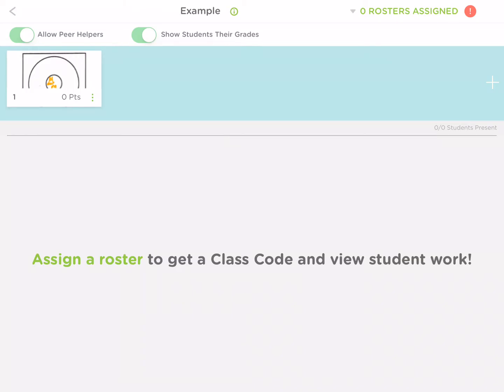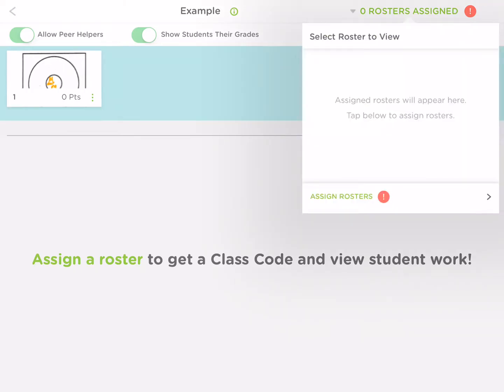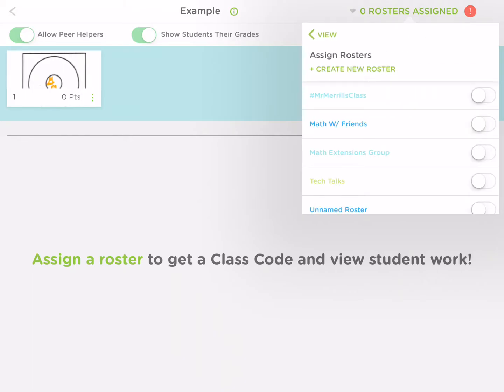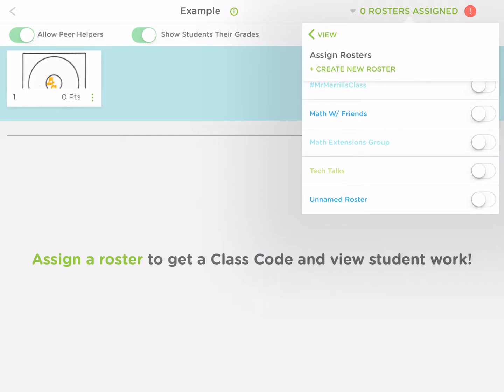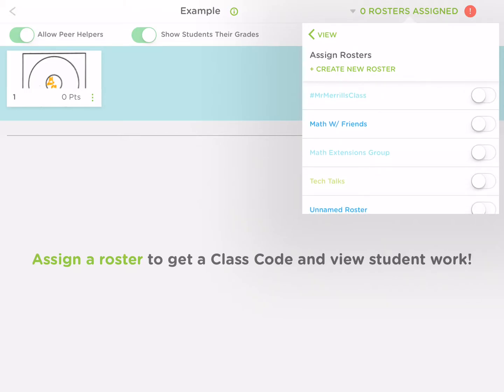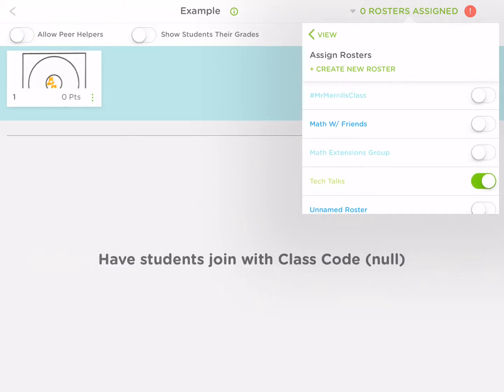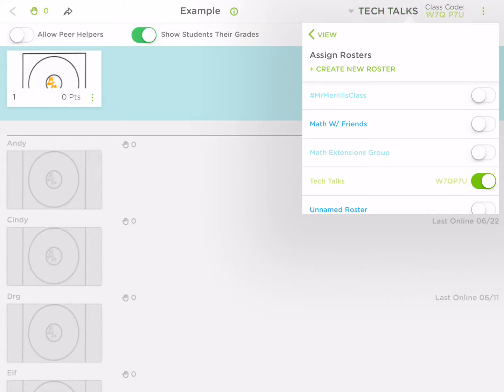So now to get this to a class roster, I need to assign a class roster to get the code up at the top left here. So when I click down here, you'll see that there's an option to assign a roster. I'm going to have to pick a roster that I can assign this to. So I'll just go ahead and pick this one right here, since I know that we're talking about some tech stuff. And you can see that a code is generated,